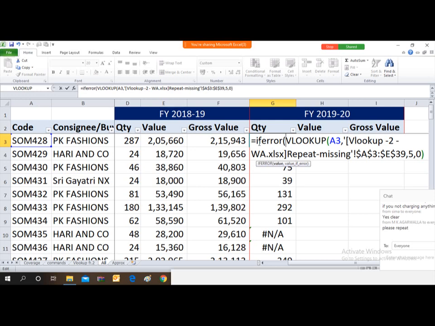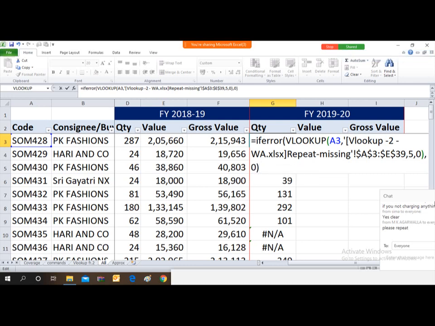Then the VLOOKUP formula is already there, and at the end I'll put a comma, then whatever desired value you want to replace the error with, say 0, and then close the bracket.